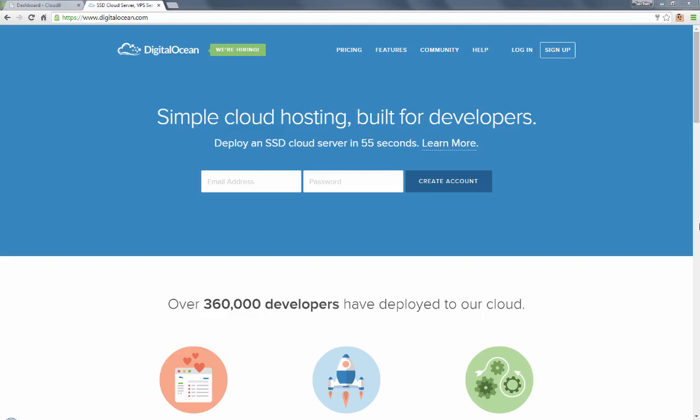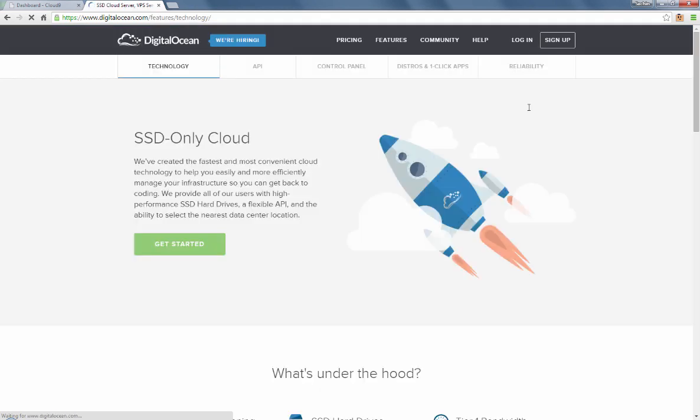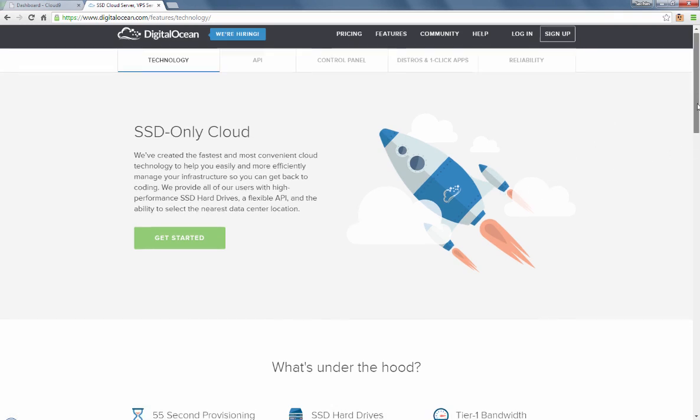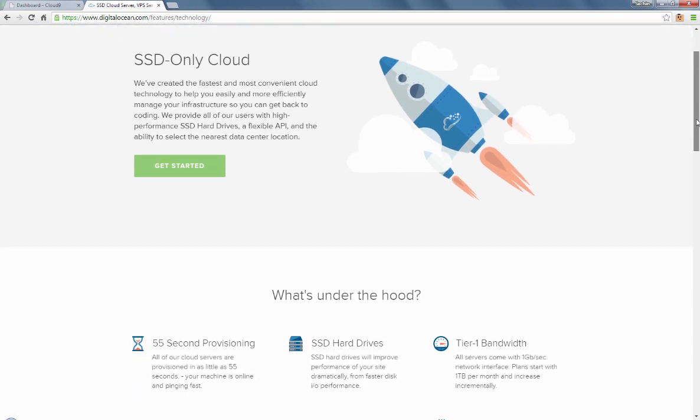Okay, now that you know how Cloud9 works, it's time to spin a droplet on DigitalOcean. If you're not sure what that means, let me show you. DigitalOcean is an excellent cloud hosting service that provides server instances in the cloud, much like Amazon Web Services. Though it doesn't have all the bells and whistles that AWS offers, it is one of the easiest to use.